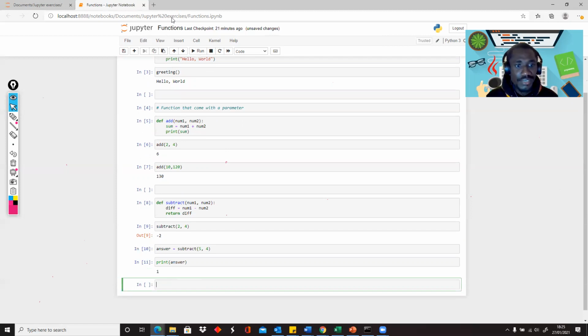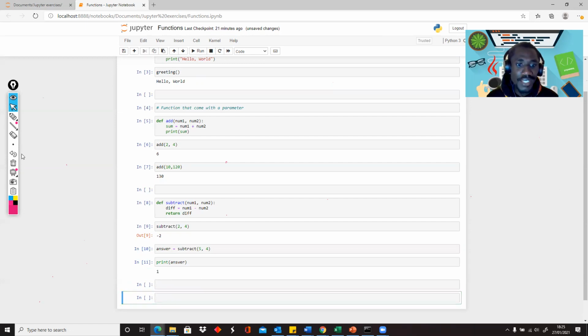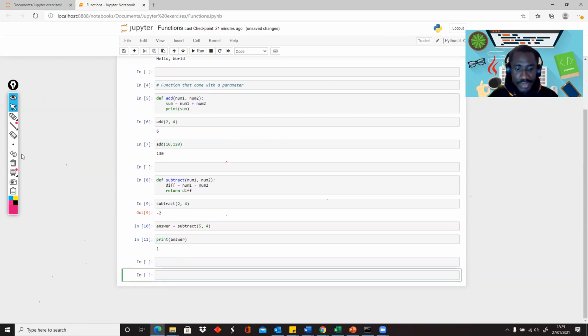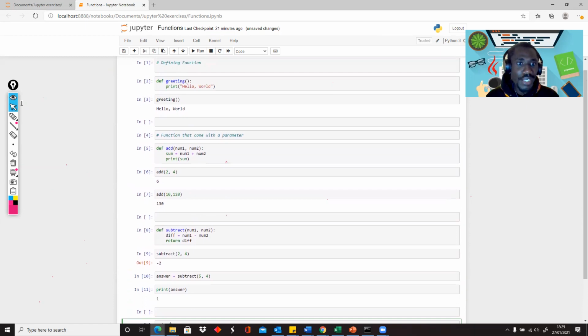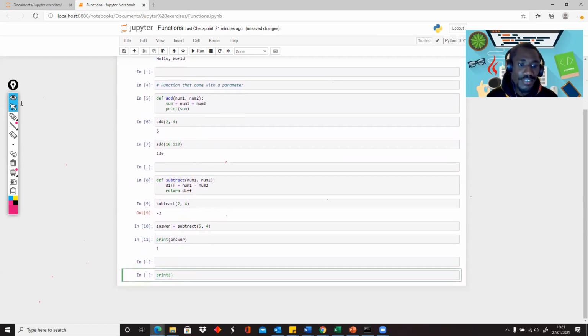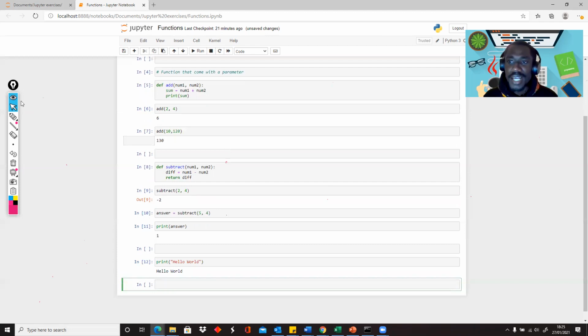All right. The next thing we're going to see is going to talk about inbuilt functions. Now, print was an inbuilt function, so we didn't have to create it. It was created by Python. So when we use the word print and the parentheses, it's similar to what we're doing here. The only thing is that print was created not by us, but by Python, and whoever created Python. So when we just say hello world and we run that, it should print out hello world. This is an inbuilt function that comes with the Python